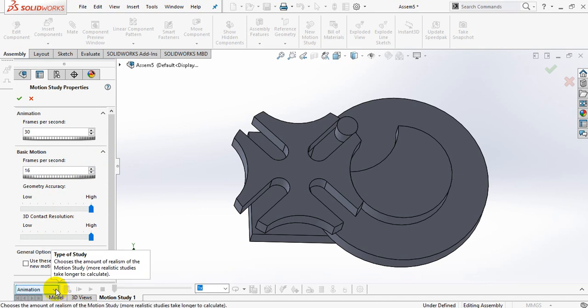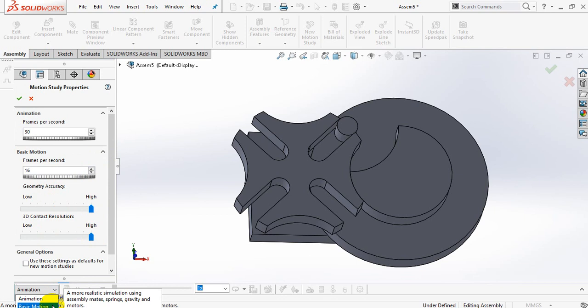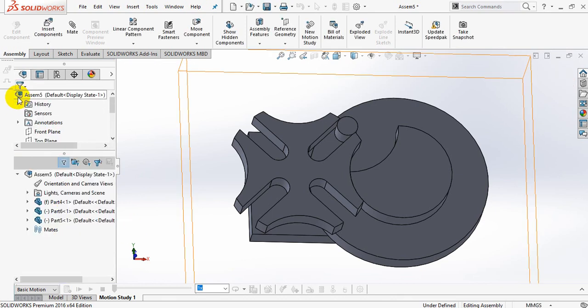From here, Animation to Basic Motion: we have the Basic Motion option in the animation tool. Done. This one also I will take as 30 frames per second, Basic Motion, and I'm selecting OK.